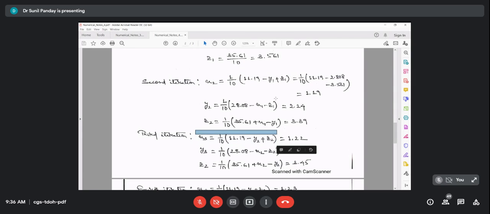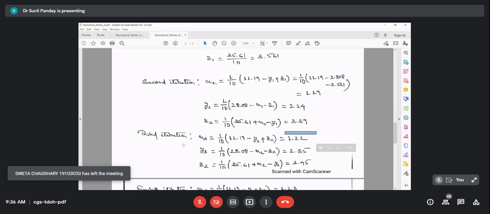So for x3, you can see here y1 z1 and here x2, but I want to know what is x3. So these y1 z1 are replaced by y2 z2, and this is the third iteration for x3. The values of y2 z2 you will write from the previous step, these 1.19 and 3.39. If you substitute there you will get x3 as 1.22.